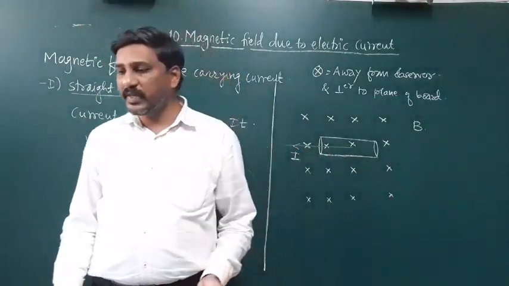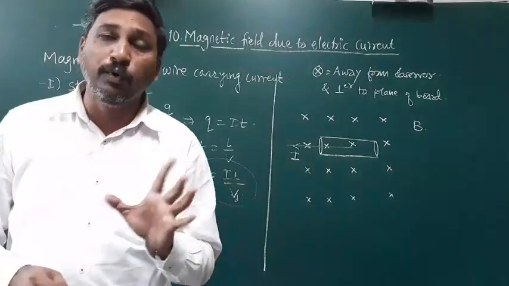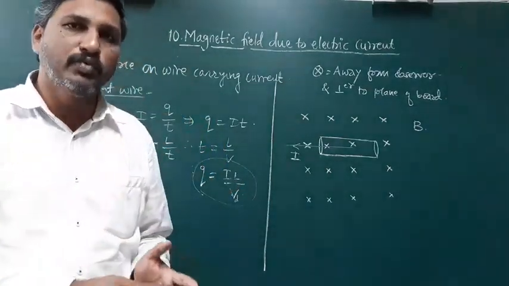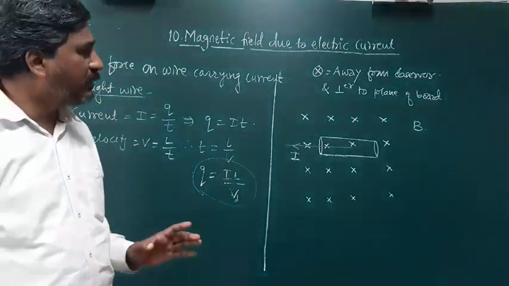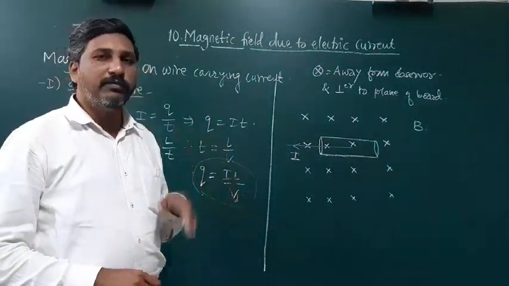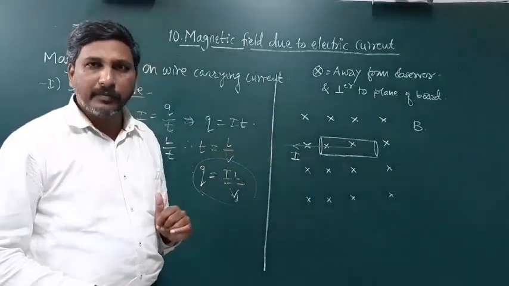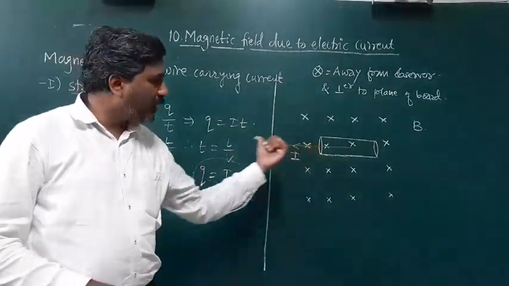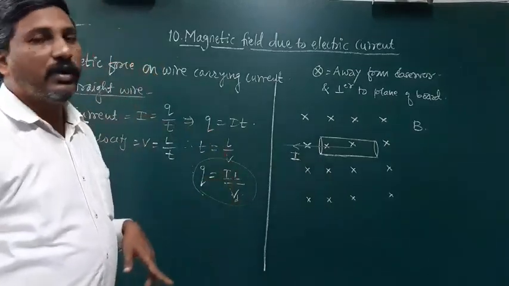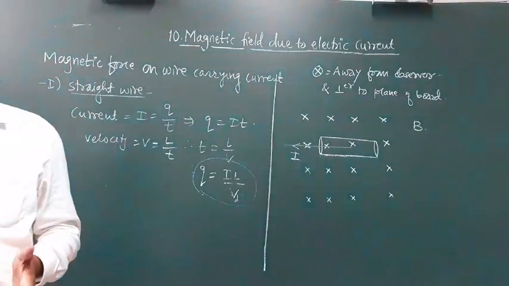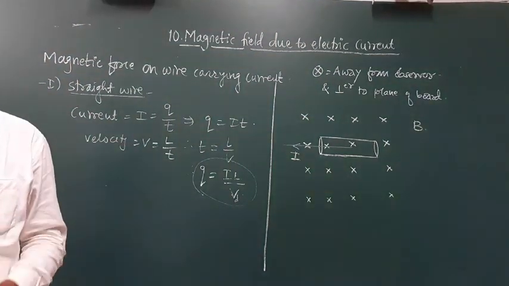Now the question arises, what is the direction of force? We have to calculate afterwards what is the amount of force, what is the quantity of force, but first we find out what is the direction of force. The magnetic field is perpendicular, is it right? Current is flowing in this direction. Now we have to calculate the direction of force, and the direction of force is simply given by the left hand rule.